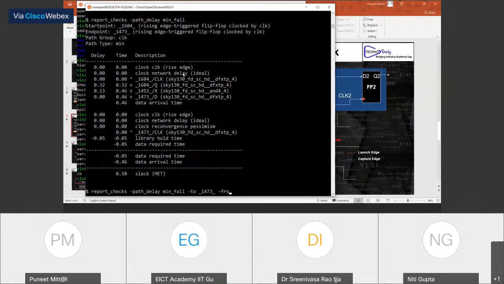Then -from, and let's see. So this was my falling. Same thing if I do for the rising, let's see what is going to happen in rise.